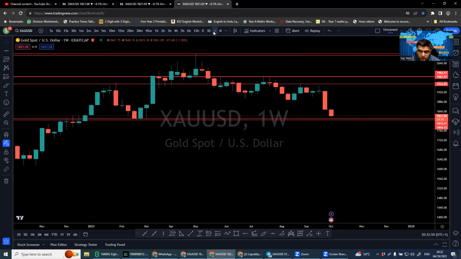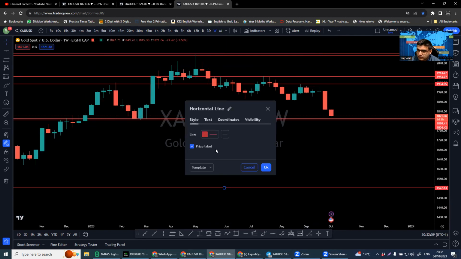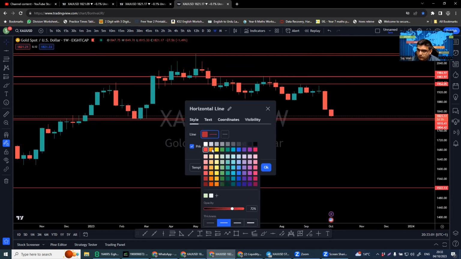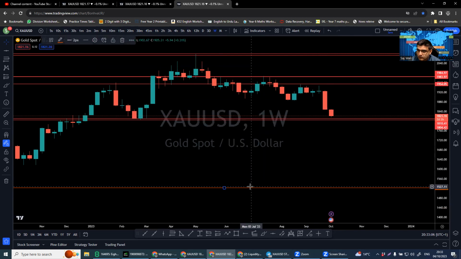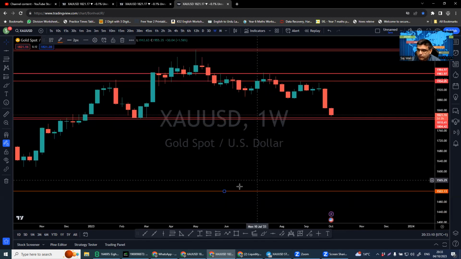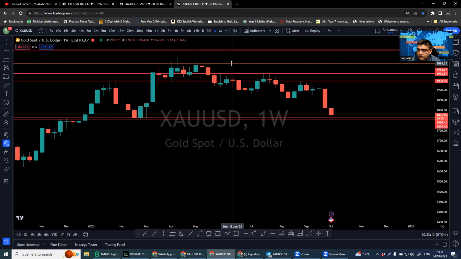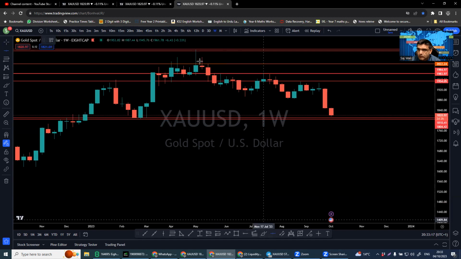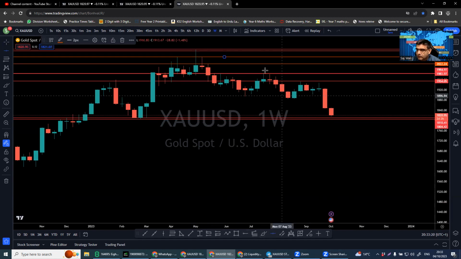Now, weekly would be what color? We do draw orange for weekly. So let me make the color orange first, and then we'll take it from there. This is orange color in weekly, so let's see where it fits. That's weekly. Also, that's a weekly level here, and also